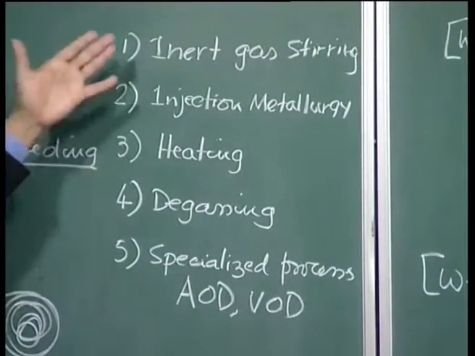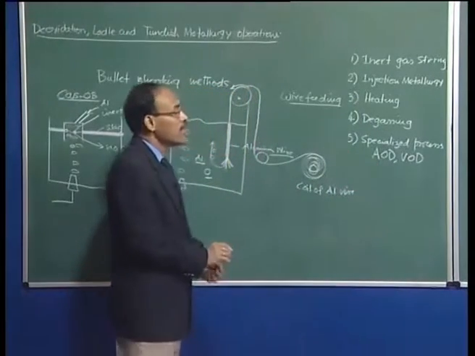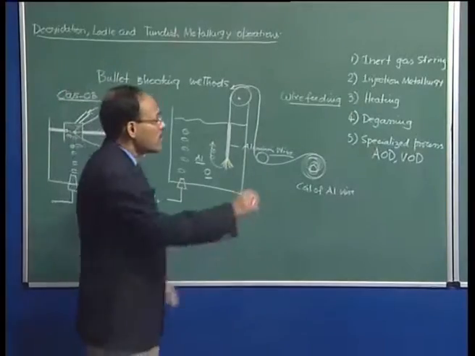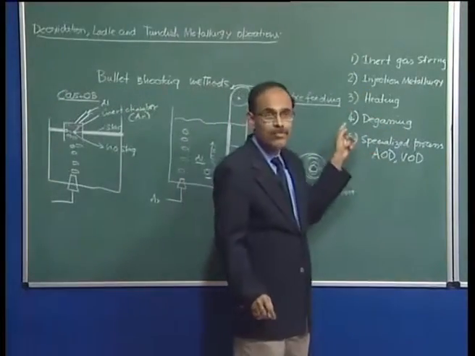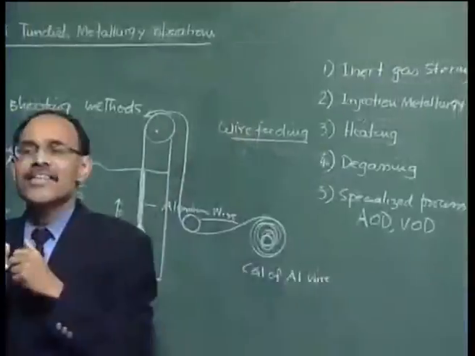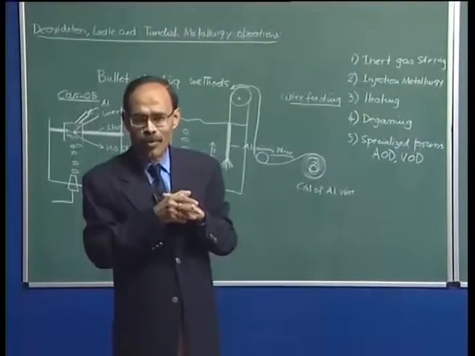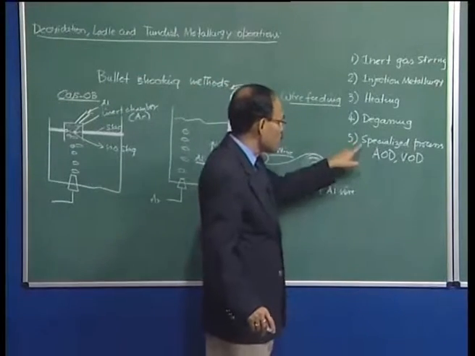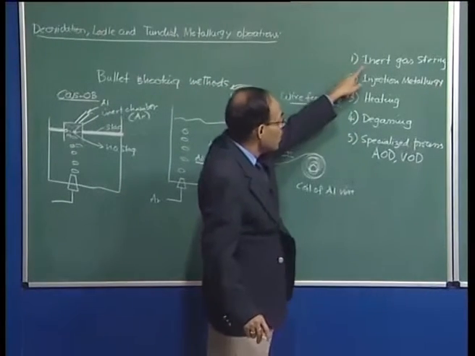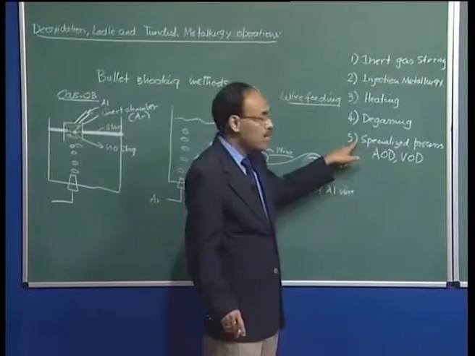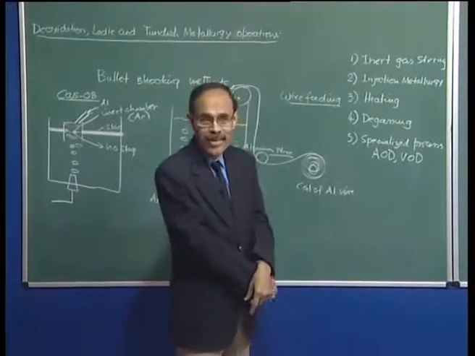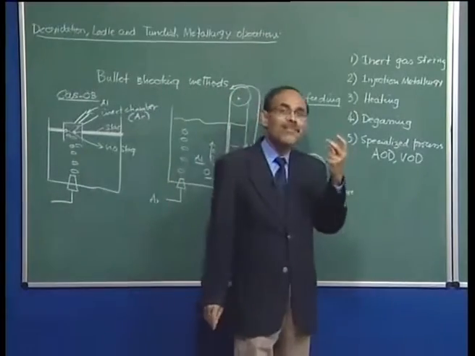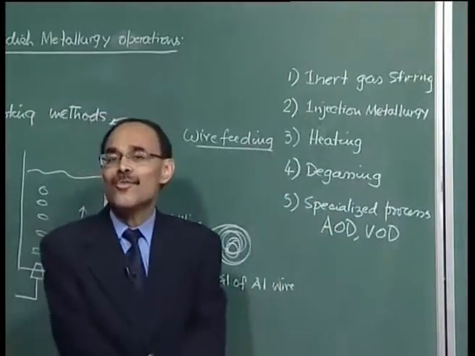So a variety of processes really fall within the domain of ladle metallurgy, and the duration of all this put together can be much longer than the duration of primary steel making operation. We must understand that if we try to treat steel through all these processes, the cost of steel is going to be extremely large. Therefore, for every grade of steel produced, all these treatments are not going to be justified.